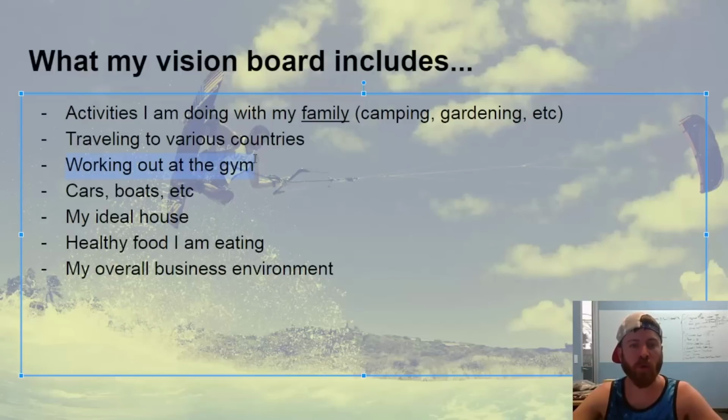Also, working out at the gym. This is something that I still haven't integrated fully into my life. Working out more is important to me, and getting that ideal body. Since I'm such a visually oriented and physically oriented person, having that ideal physique, it sounds very vain, but it's important to me. I've always believed having a solid physical body is going to make me somebody worthy of people looking up to, and it's also going to make me more confident.